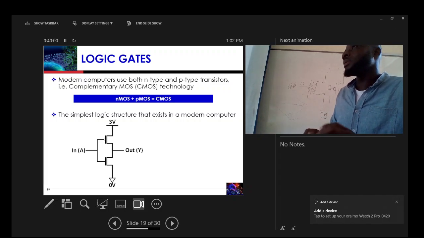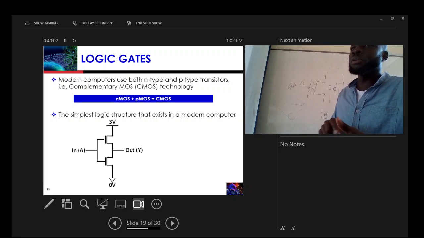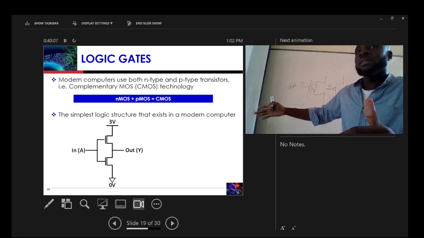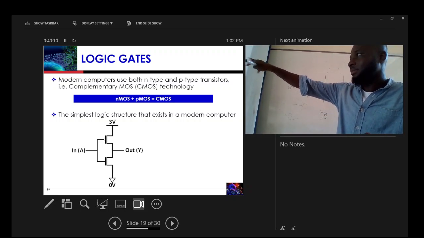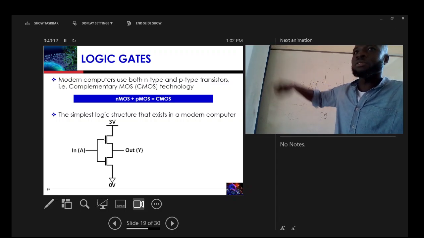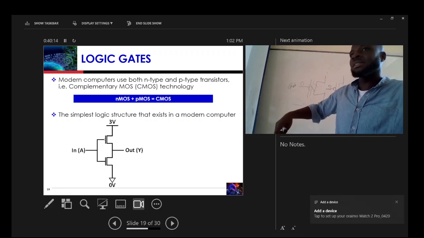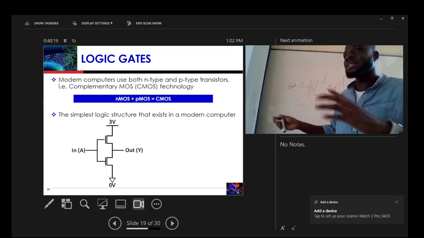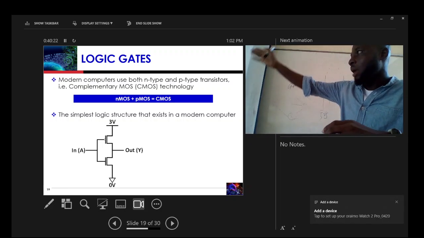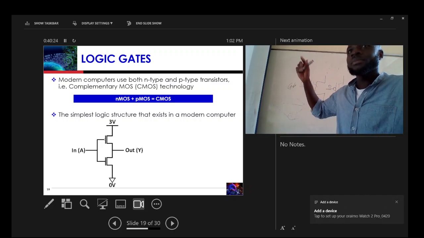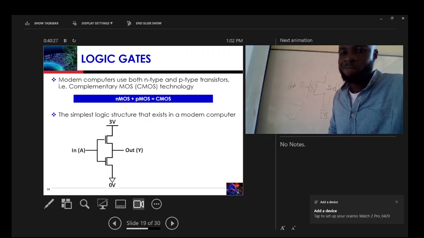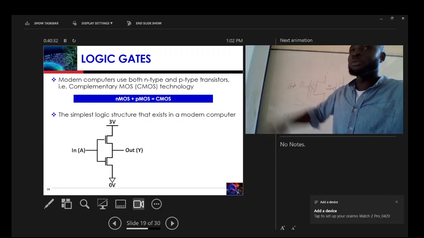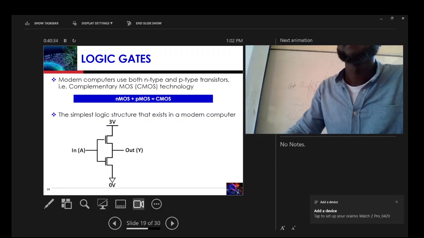Now when you see a circuit like this, what you're looking for is the input and output. If I apply voltage to the input, what happens to the output? Right. So now what happens to out if the PMOS is on? You see that on top there's a 3 volts, right? So the 3 volts, the current will flow until there must be some kind of potential difference. So the 3 volts will have to appear at the output. Do you understand? So if I apply 1 volt to the input, what happens? It comes out as